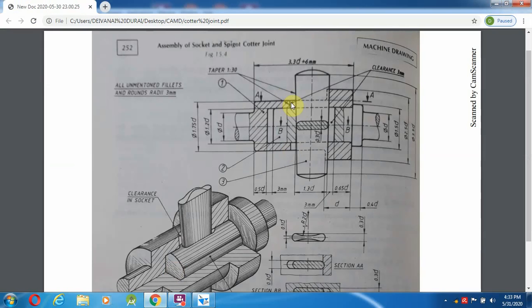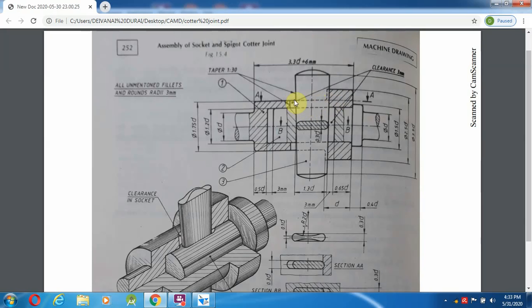So the taper length here, from the top, we can take from the quarter joint. From the quarter joint here, it is 1.3D plus 3. So 1.3D we are getting as 26 mm plus 3 is 29 mm.